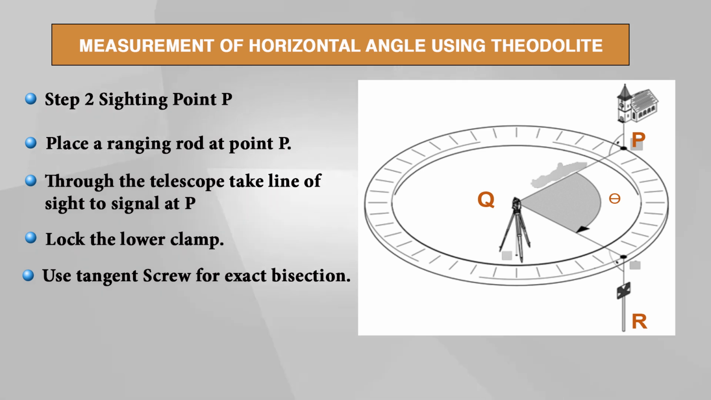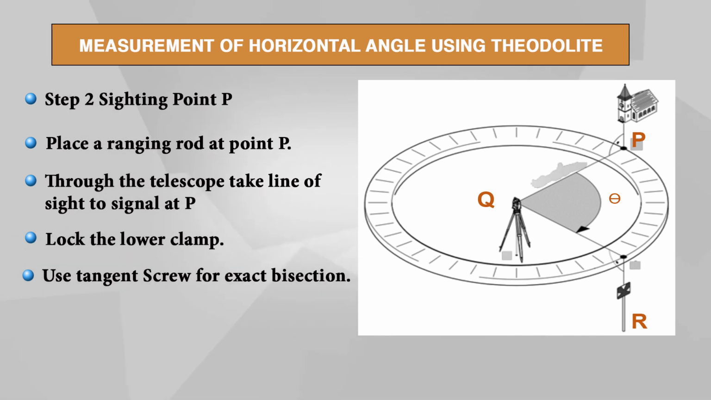Then place a ranging rod at point P. Remember, we need to measure the angle PQR. So, one ranging rod is placed at P, and through the telescope take the line of sight to the signal at